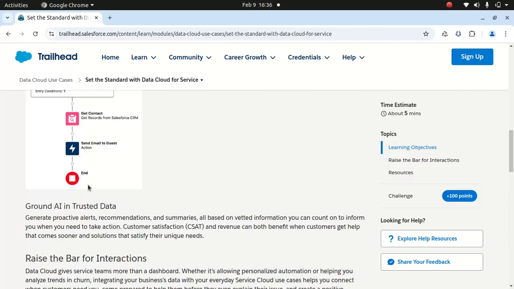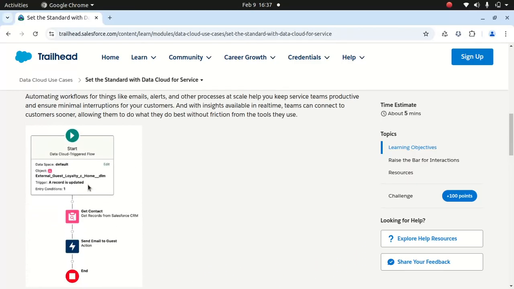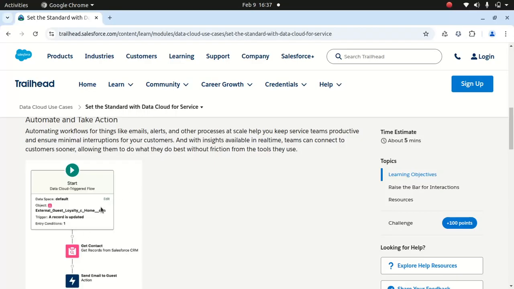And now, like I said, for the Marketing Cloud, you could use Data Cloud as well, because with Marketing Cloud, obviously, you can send out a targeted campaign, and Marketing Cloud has a great tool set which helps you do that, right? Now, when to do that, and in what timely fashion, that's where the Data Cloud comes into the picture. So, these are the tiny use cases I wanted to talk about. As you can see, here I gave you an email example. You can automate and take action. So you could do similar for the Service Cloud. You could do similar for the Marketing Cloud, right? So just the concept, which is very important to know.